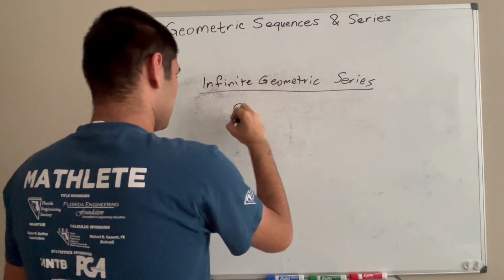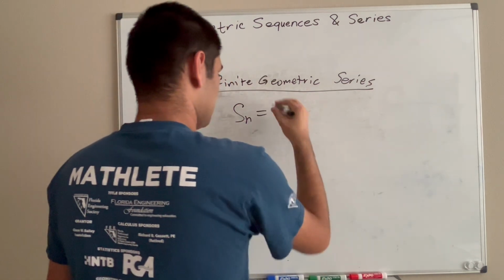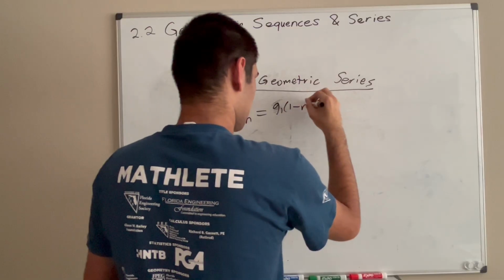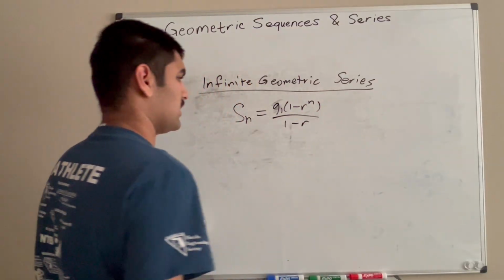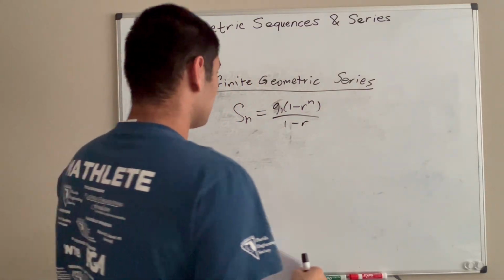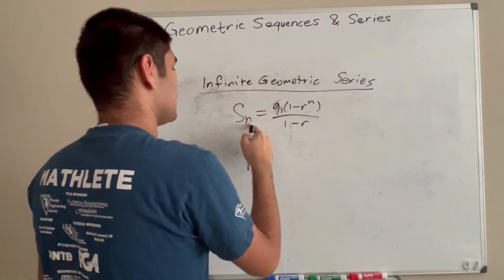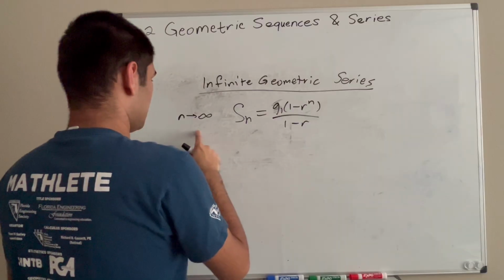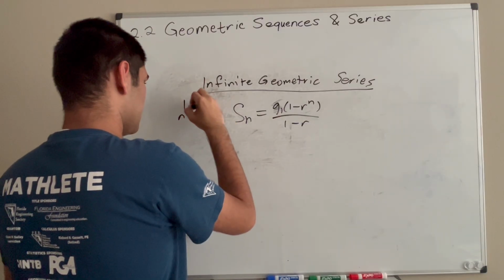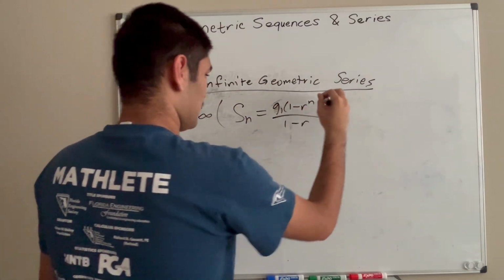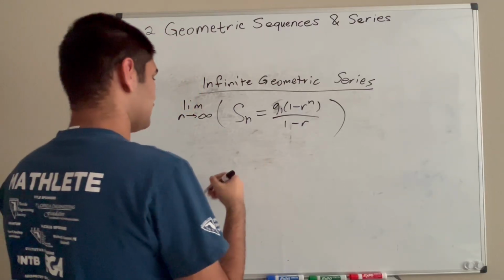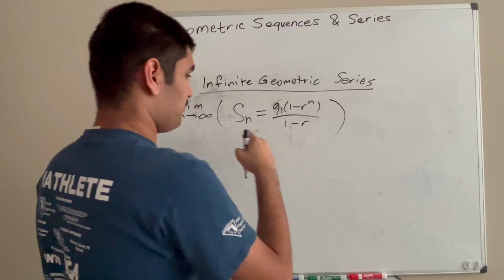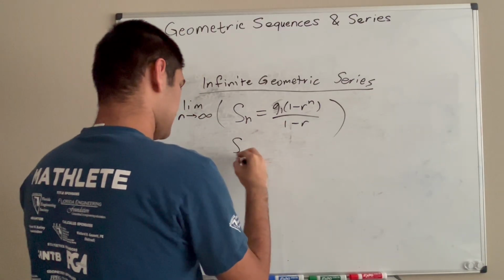So let's take the formula for a finite geometric series. It was S sub n equals g1 times 1 minus r to the n, all over 1 minus r. Now, an infinite geometric series basically means that n is infinity. So we'll take the limit of this as n approaches infinity, and let's see what we get. If we were to informally plug in infinity, you would get S sub